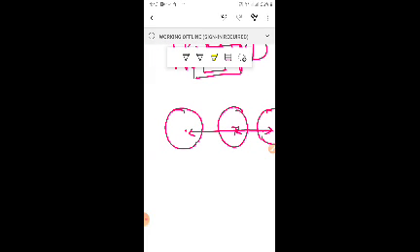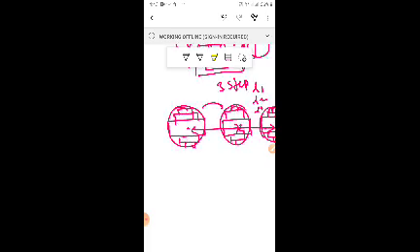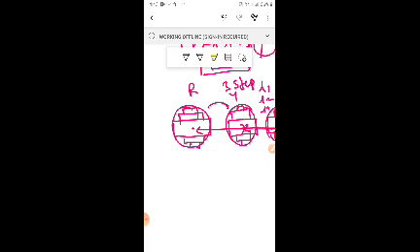Now, here the 3 steps are given. So you know L1, L2, L3. Based on L1, I can draw this one, and this one, and this one. Okay, similarly draw this also. This is L1, L2, L3, and this is L1, L2, L3, and L1, L2, L3. So it's given. So this is R phase, Y phase, and B phase.